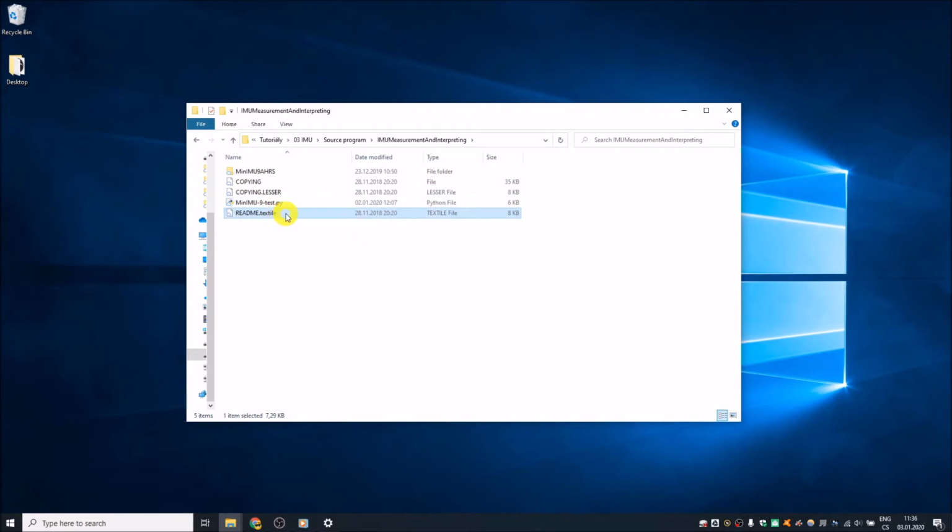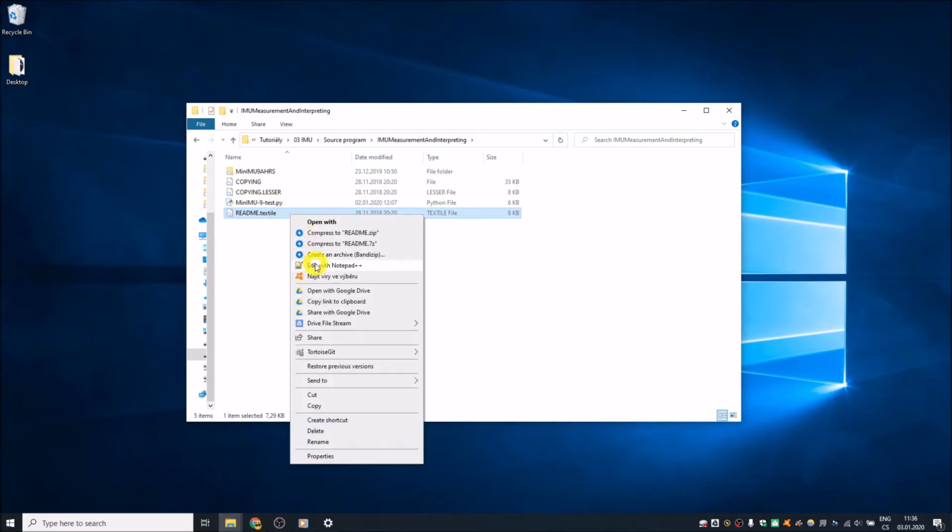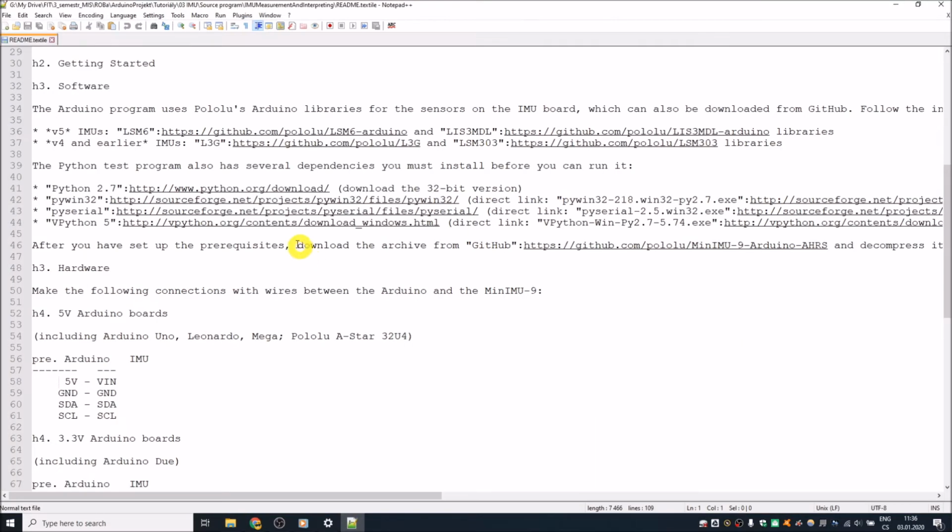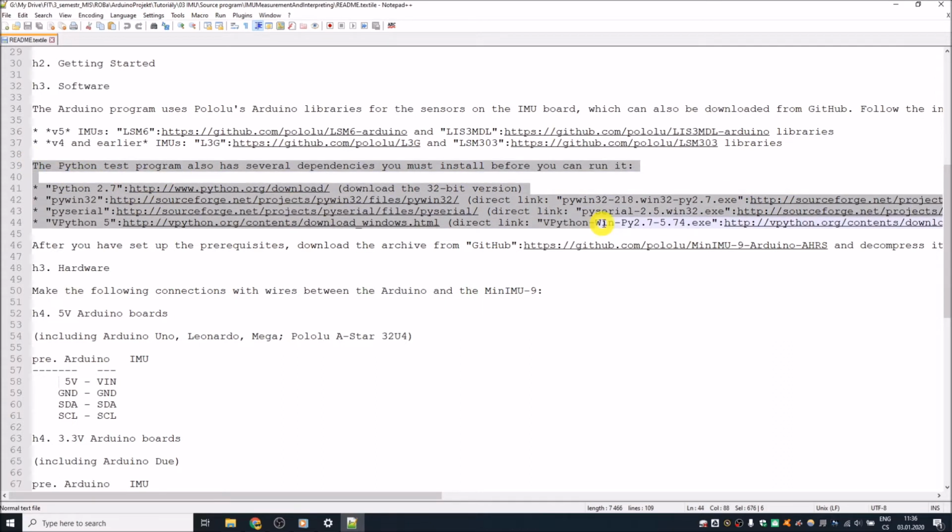But at first, I highly recommend looking at the README file. For running the script, it's necessary to install the software that is listed here. And it's important to install it in that order. And the last very important thing, it's necessary to install just the mentioned versions.